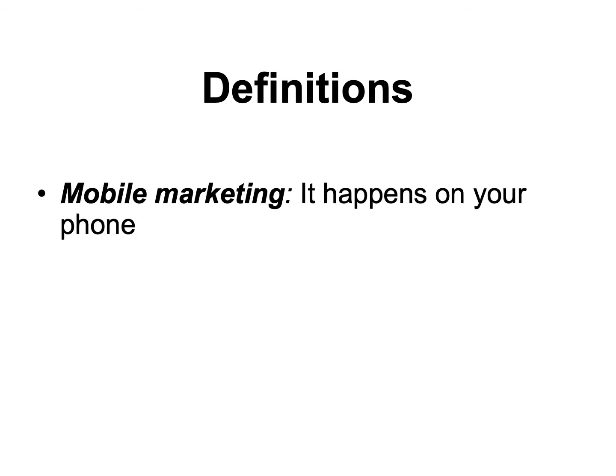Mobile marketing. When we talk about mobile marketing, it is things that happen on your phone. And again, this is really where the future is with marketing at this point in time. Again, it's because you always have your phone with you. Mobile marketing then would be things like when you play some games, the Farmville or Angry Birds or whatever, and you have ads there. It can also be texts that are targeted specifically to you, and many other things.